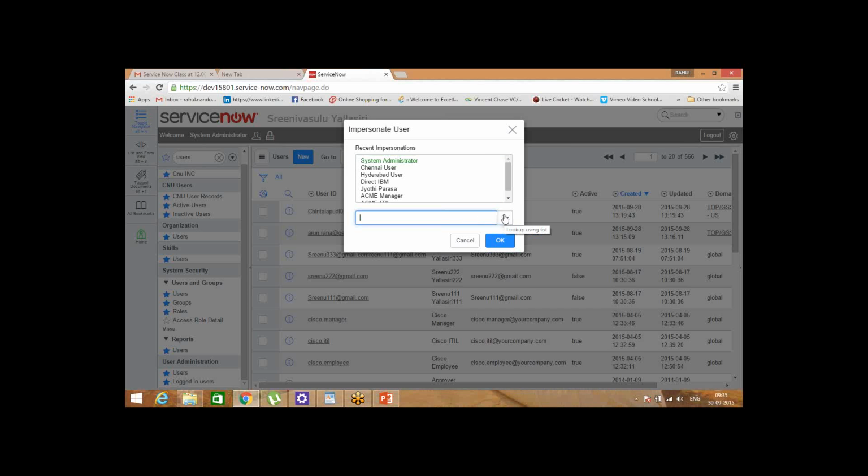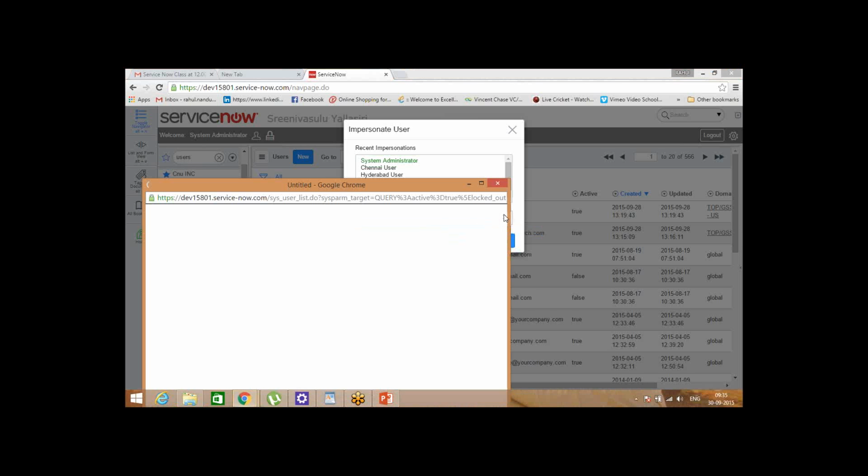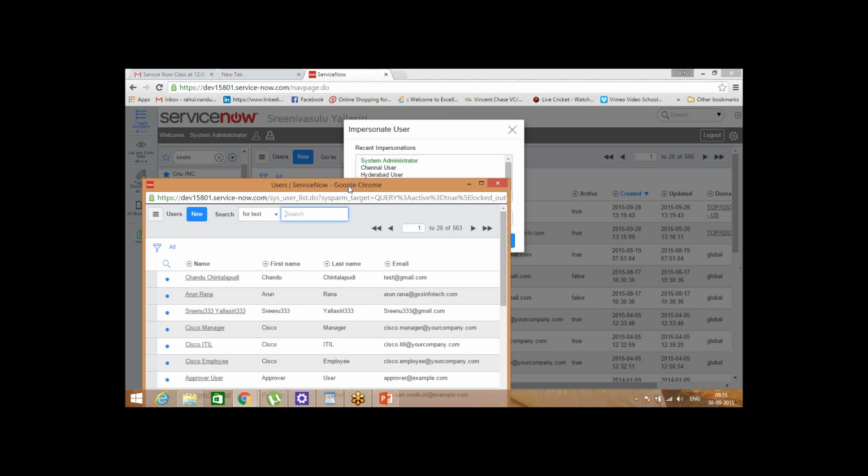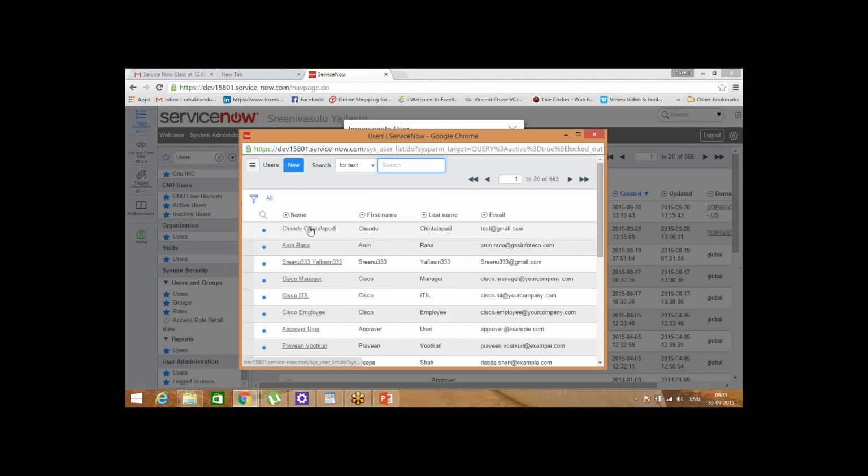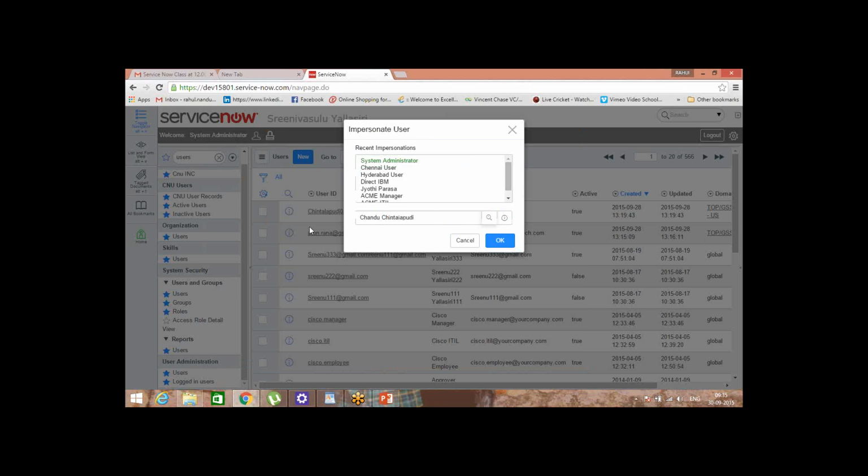And again, this we call a lookup. Click on the lookup and select Chendu Chintalapati, which you created. Then click on OK.